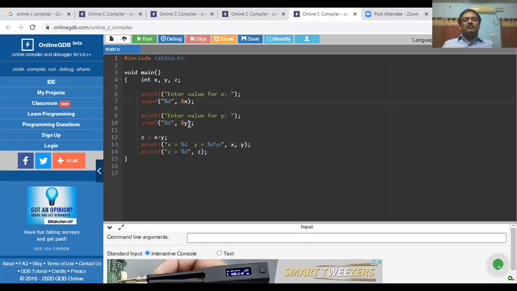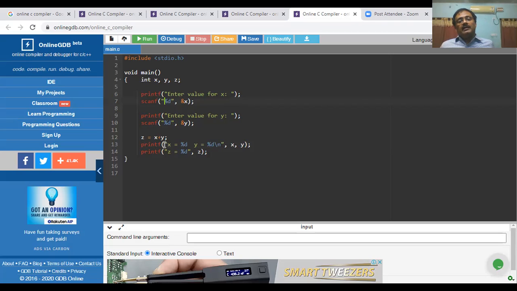Scanf, to read value for the variable y. Z, to get the value out of the summation of x and y. And now here, not only the result but also the input values that are assigned to x and y respectively, I am also printing using printf. Printf, x is equal to the value of x, y is equal to the value of y.